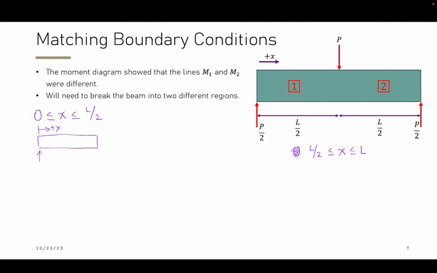So we'll have our initial setup where we have our point load at the end. That is represented by P divided by 2. So this is our overall free body diagram. And if we cut our beam on the left side, then we have our L over 2 relationship for the distribution in the x direction. So our free body diagram,